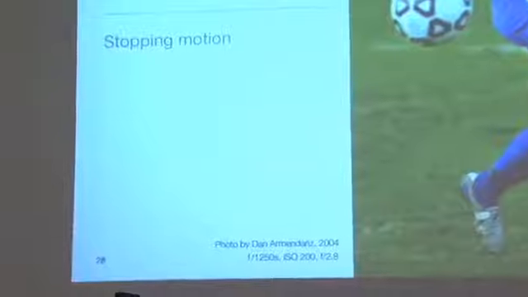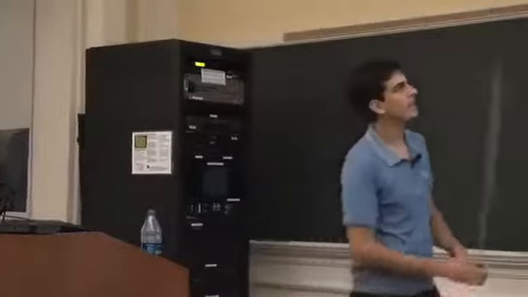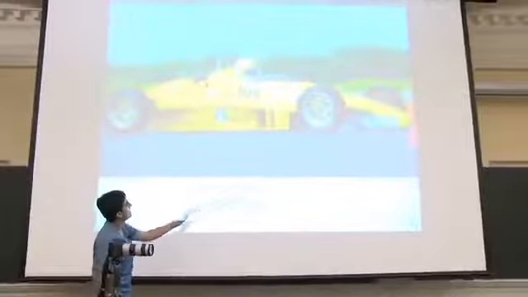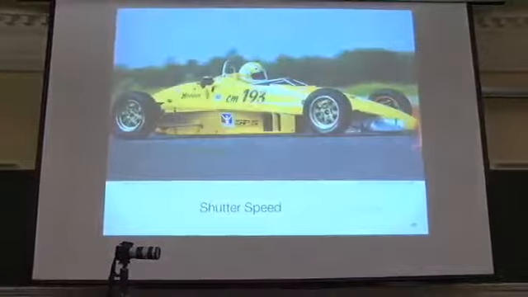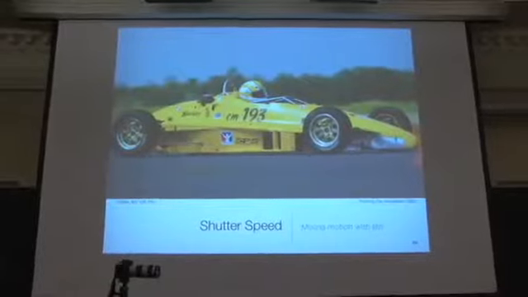However, there are some occasions, even in sports, where you don't want to freeze all of the action. Sometimes you want to do a mixture of both freezing the action of the important bits and giving the perception of motion elsewhere. And you can do this with a moderate length shutter speed and a very steady hand. In this case, this was a car that was moving by very, very quickly, and at only 1/320th of a second,